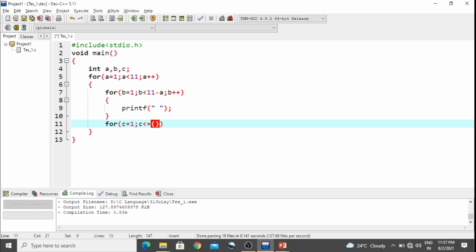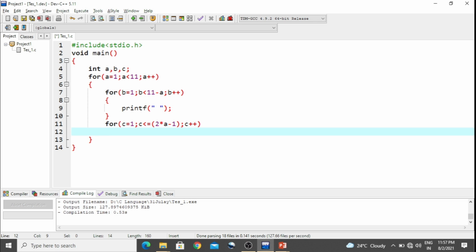Here we have to print only a single star in the first iteration, where A is equal to 1, and in the next iteration it should print 3 stars. So the mathematical expression is 2A minus 1. In the first iteration it will print a single star, and in the second iteration it becomes 2 into 2, 4 minus 1, 3 stars, and C plus plus.